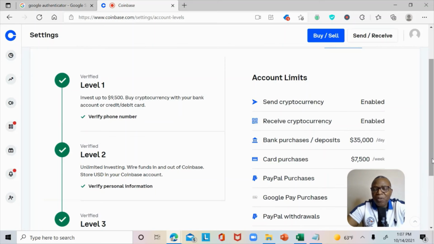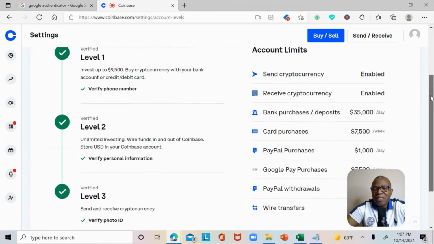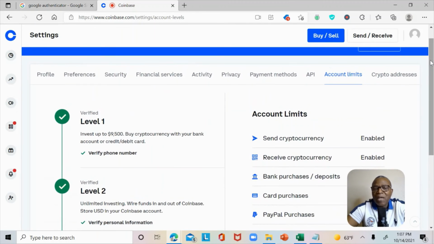Then, the next step is to verify your identity by sending your ID or driver's license to Coinbase.com. So your level 3 verification should be set up. What all this means is that this verification allows you to have a certain account limit.